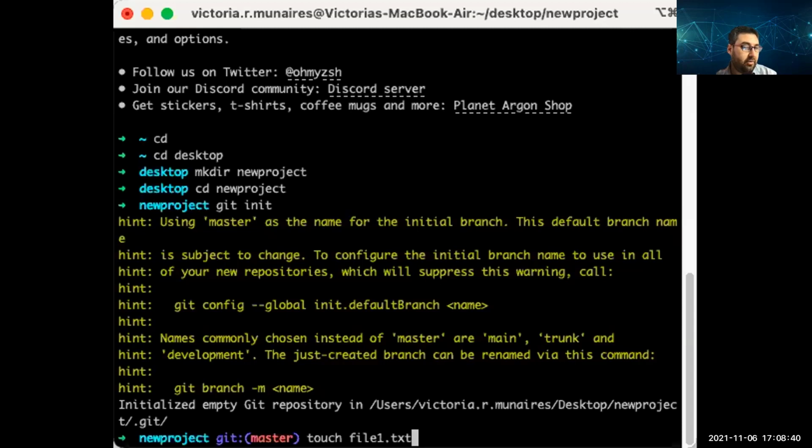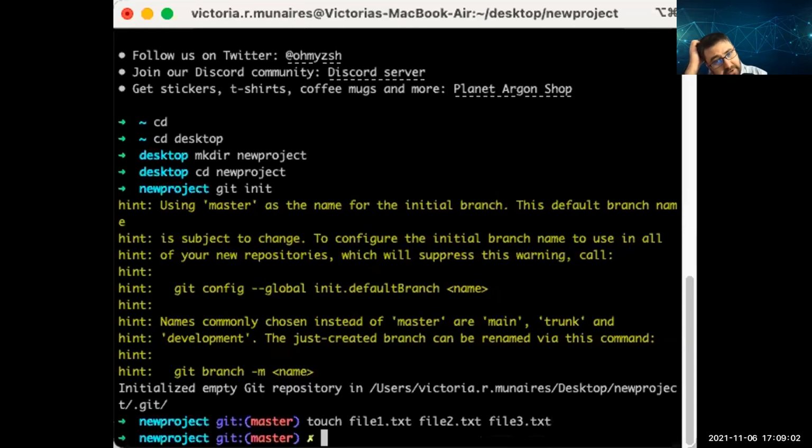You can give a space and add the second file name as well, file2.txt. That's it. Now if you want the third file, just file3.txt. So now enter, you have created 3 files.